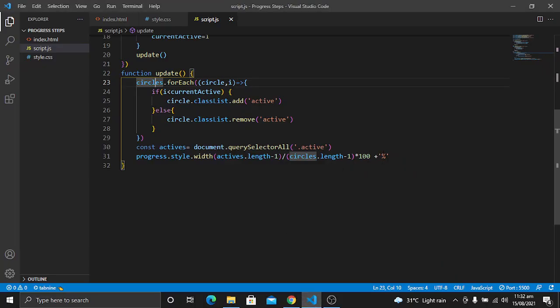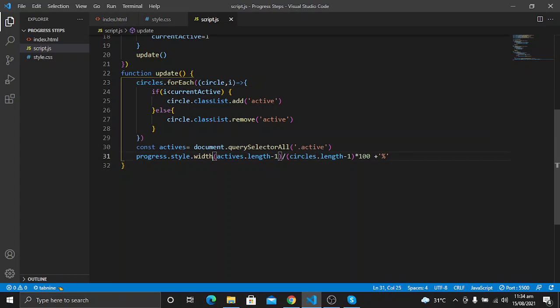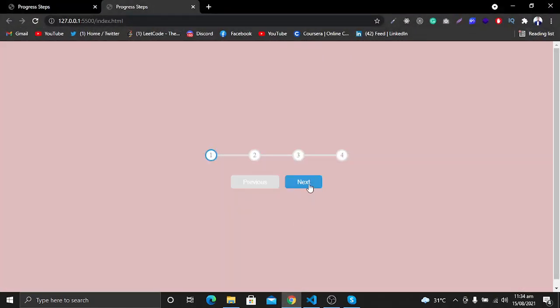This is because the width is going to be actives dot length minus 1 divided by circles dot length minus 1, which will give some percentage when we multiply it. So we have made a mistake, let's fix it. We should set an equal sign here because we want to set this percentage to this width property.